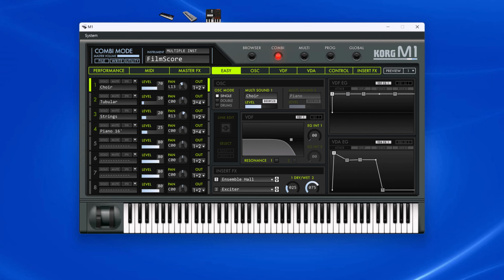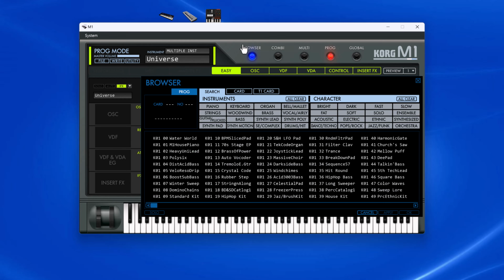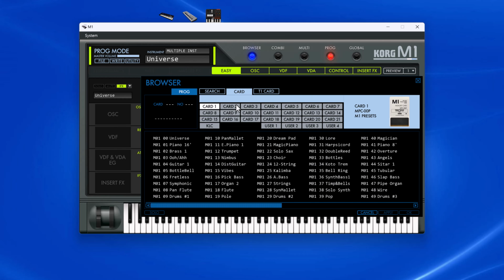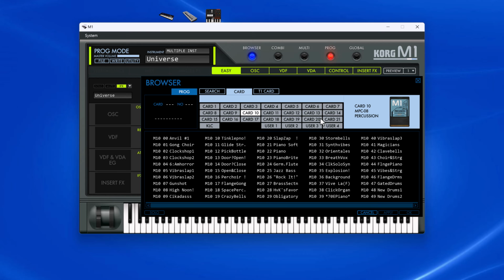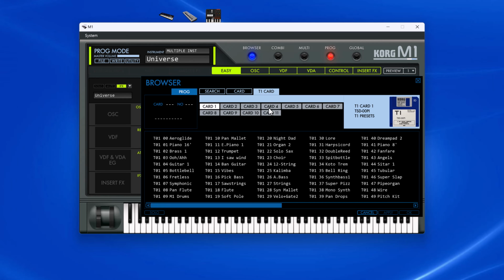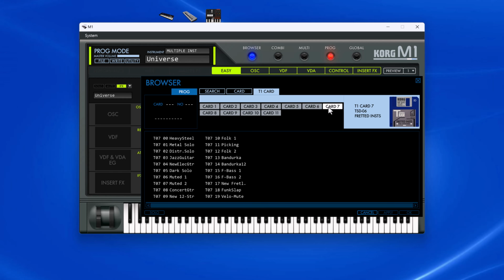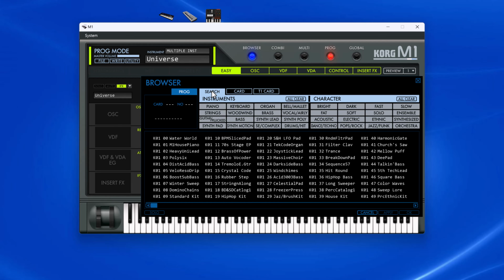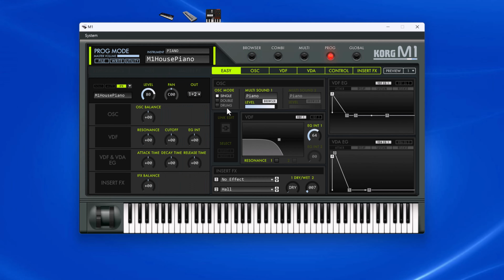This is a bit of a classic, isn't it? This is the M1. This is a recreation of the classic M1 synthesizer. It's got all the cards that the M1 shipped with, and were available for the M1, including the T1 cards as well, which were floppy drives by the looks of it, and the disc that they came on. And you'll instantly recognise the